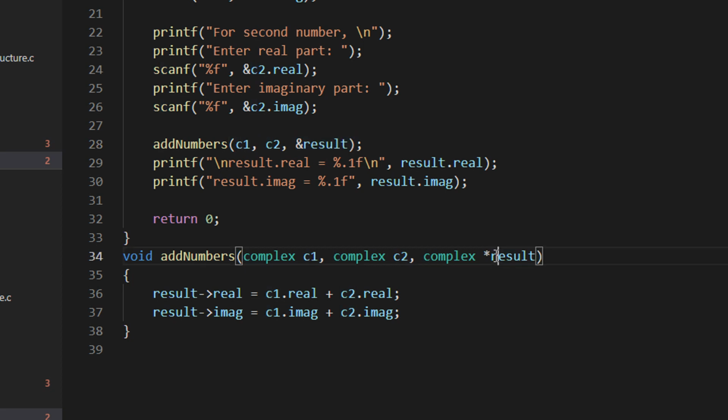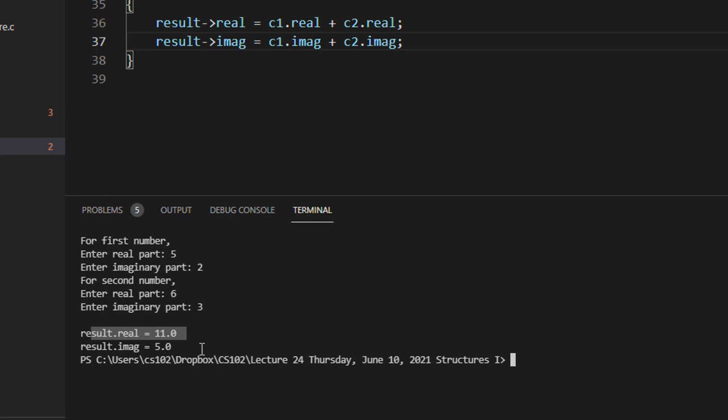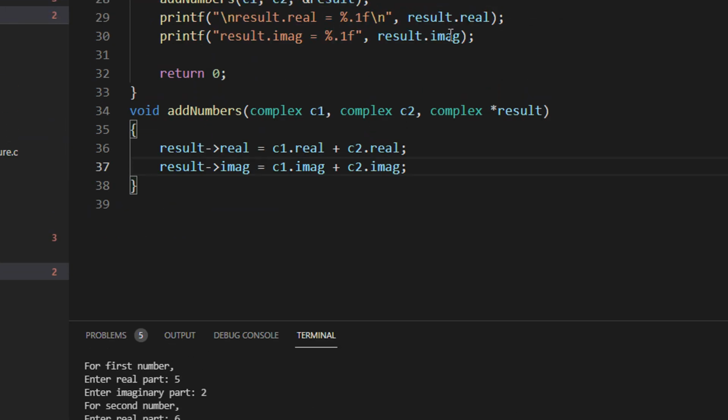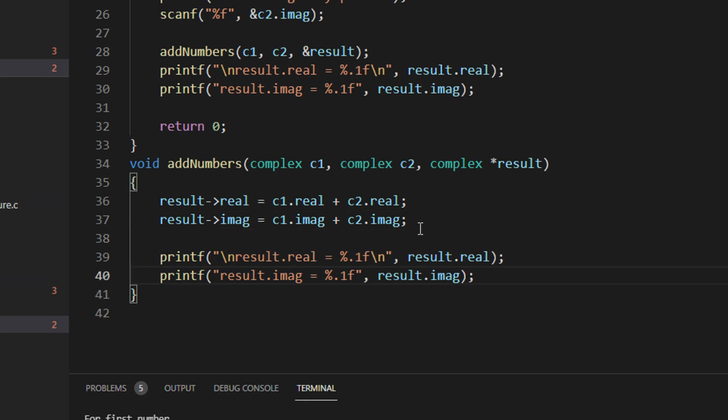So I'm collecting this as a pointer. So now what I'm doing, the base address and then pointing to the real, I am saying, okay, add both the reals. And for the imaginary part, I am adding both the imaginaries. Note that I am returning type as void. Why? Because I need not return the result because it's anyway passed by reference. So the changes will also take place in the main, which you can see in this particular example, right? So let's say if I just use this particular loop here also, this particular part of code.